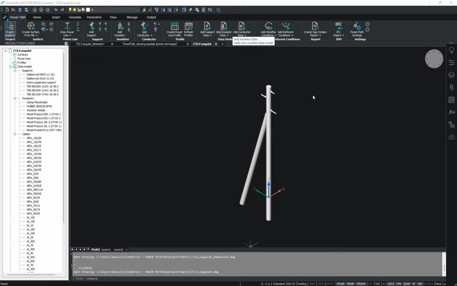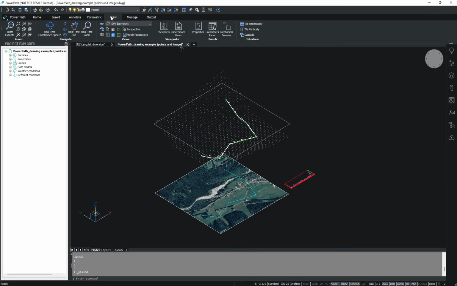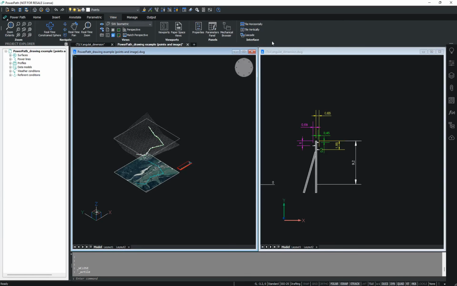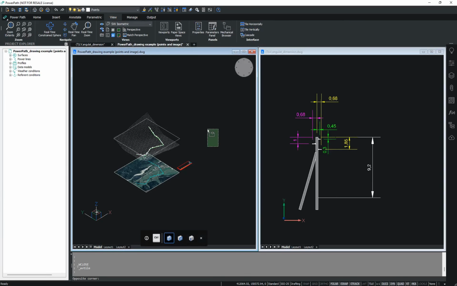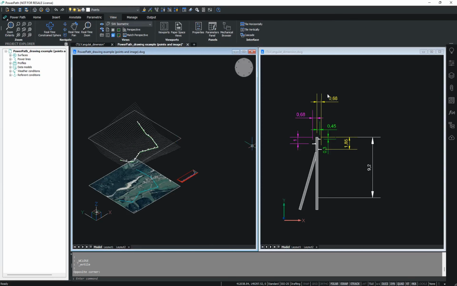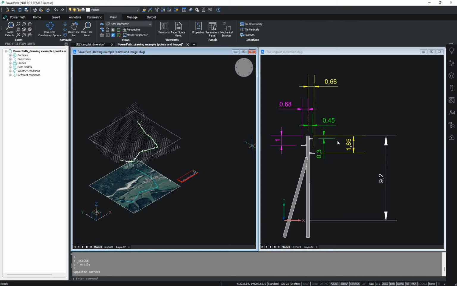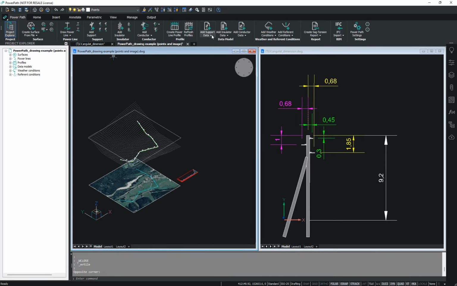Here is an example of 3D support that I will add. So I will close this. First, as you can see on the right side, this is my support with my dimensions that I will use later. So if you want to add support, you just have to go here on this icon called Add Support